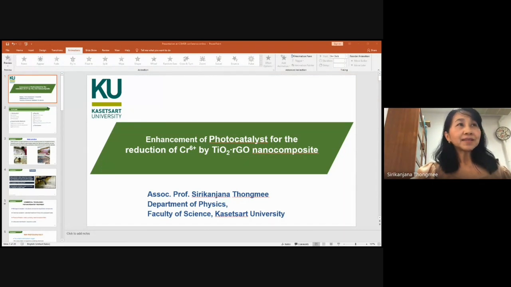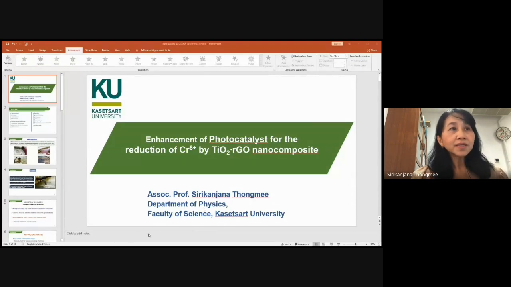Photocatalysis also uses semiconductor nanomaterials and reduced graphene oxide, which is suitable as a catalyst. We will see the structure of reduced graphene oxide later. Then the applications of photocatalysis are advantageous in air purification, water